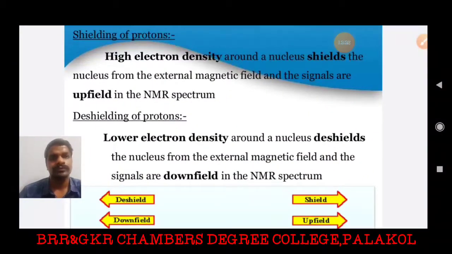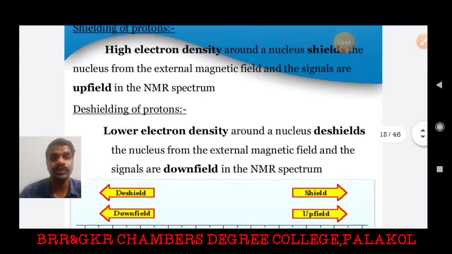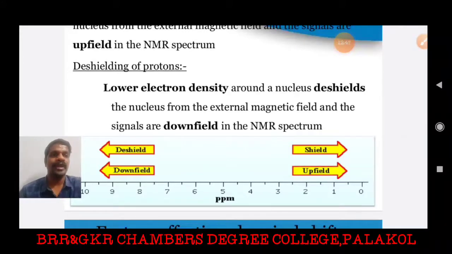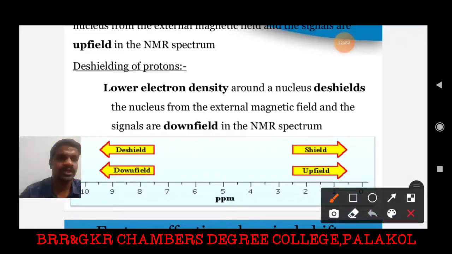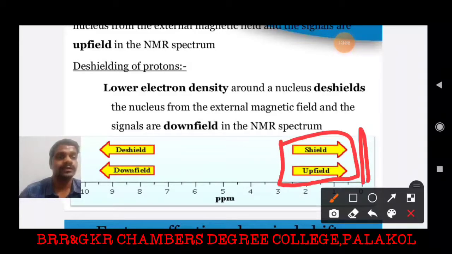Here, that is the explanation. High electron density around the nucleus shields the nucleus from the external magnetic field, and signals are upfield in the NMR spectrum. De-shielding protons. What is meant by de-shielding? Lower electron density around the nucleus de-shields the nucleus from the external magnetic field, and the signals are downfield in the NMR spectrum. Here it is shielding and upfield, and here we get a signal for TMS, and it is